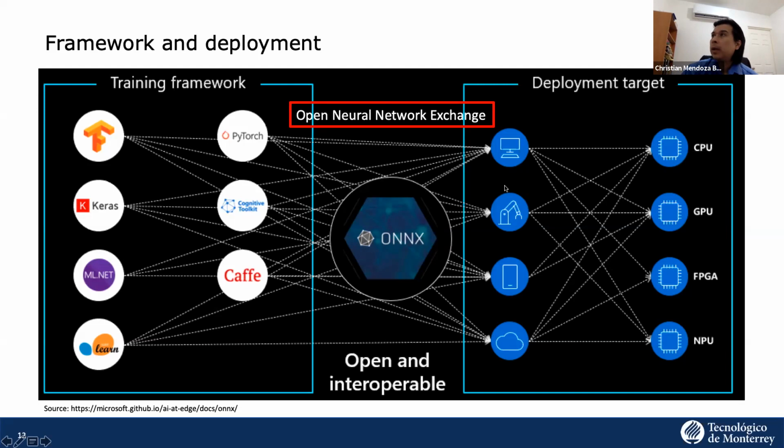It's quite useful. And also the deployment targets that we can access with this compatibility now with ONNX are actually great because we can think of deploying things locally in computers. We can think of deploying things in robotic arms. We can think of deploying things on the cell phone or on the cloud, or using GPUs or specialized hardware like neural processing units. So it's exciting in the time we are living because now we have freedom of choice in frameworks and freedom of choice in the deployment target.